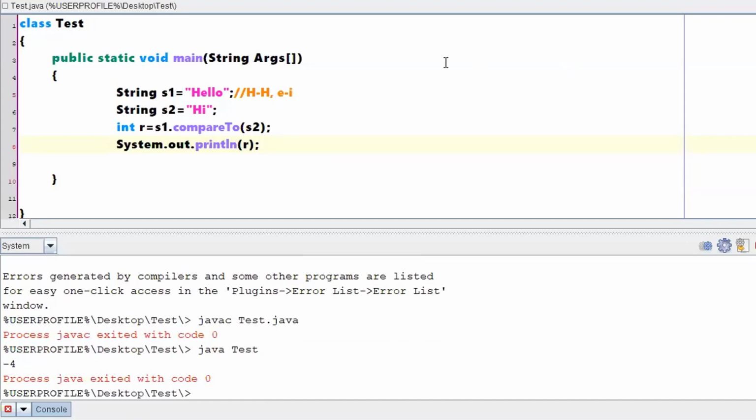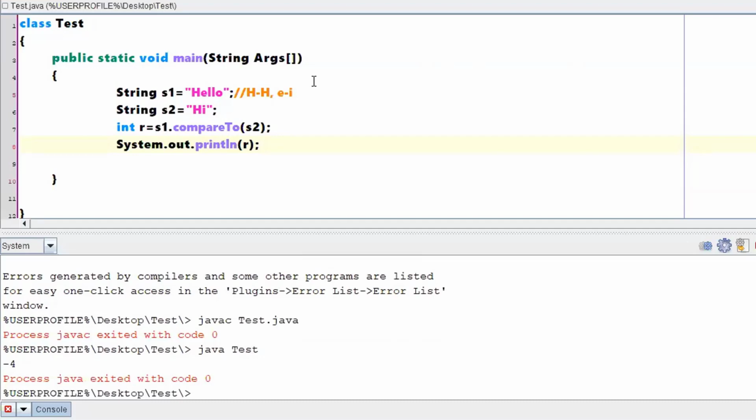So what are we telling in conclusion? We are saying that if you are getting a negative value, then your second string will be greater when compared to the first string, right? So just assume that you are putting the values in the order of their alphabets, like A should come first and B should come next.